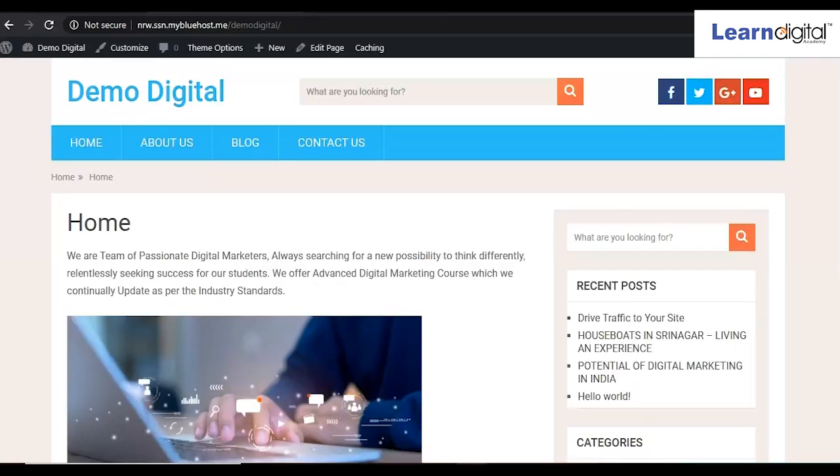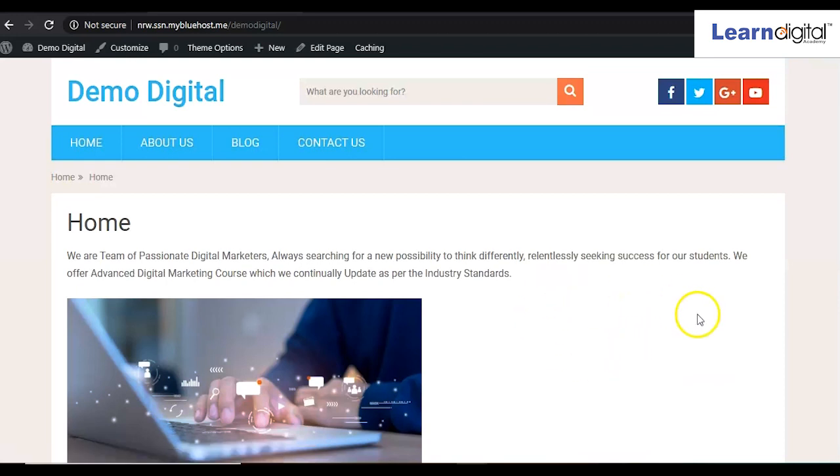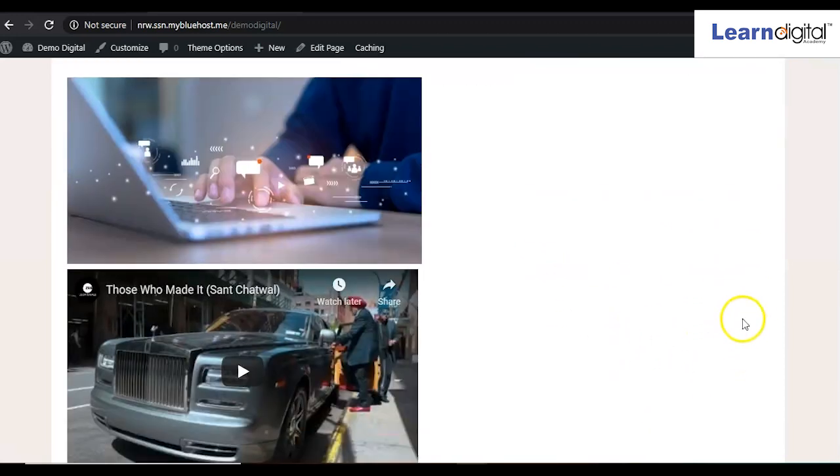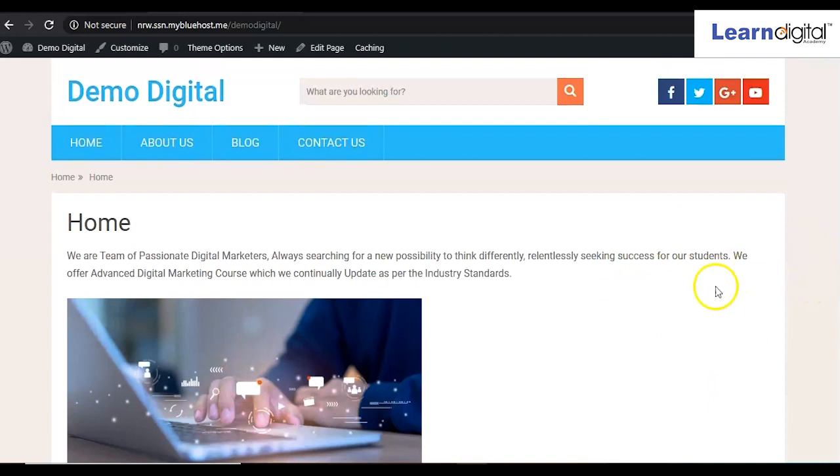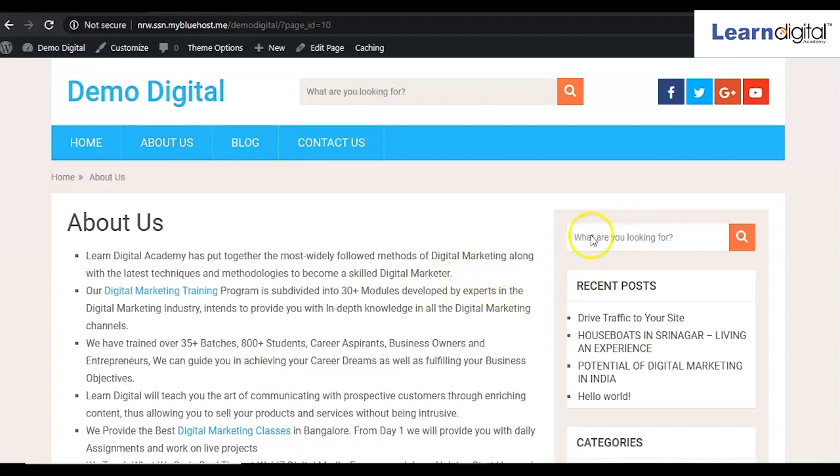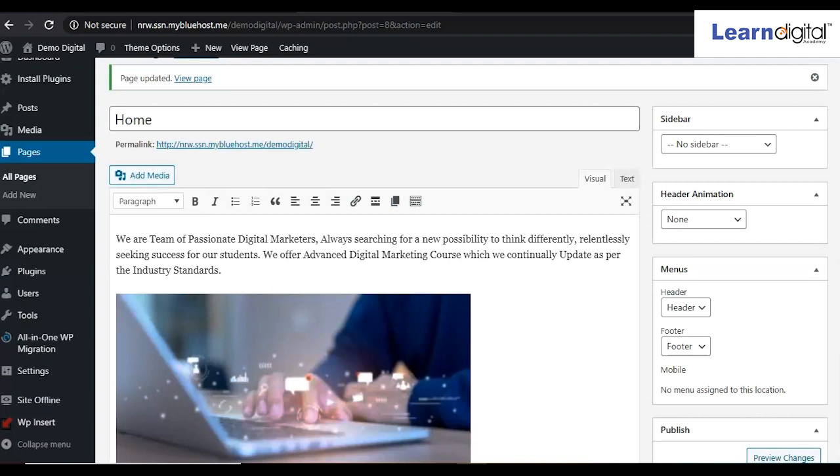So now come to your front end. Right now the widget sidebar is coming. Refresh this page. Now see, the sidebar has been removed. In that way, if you want to remove the sidebar from the about us page, you can go to your backend and select all pages.